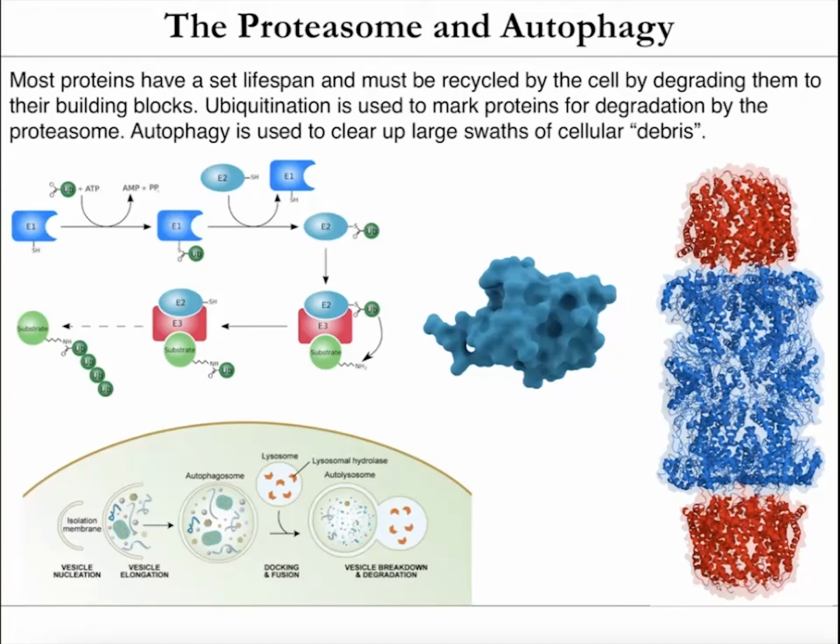So your cells have developed these mechanisms to sort of recycle these proteins and break them down and then use those amino acids to make more proteins. And so this is a very active part of research and very important for a lot of different processes. So one of these processes is the ubiquitination system. So basically that's outlined right here. It's too much detail. We don't need to go into it.